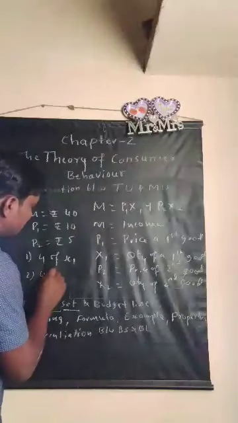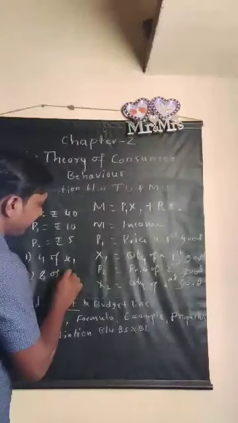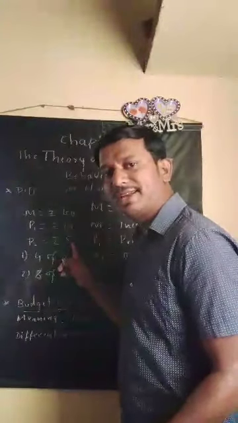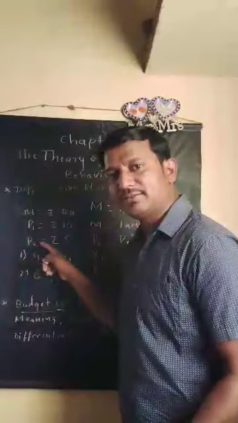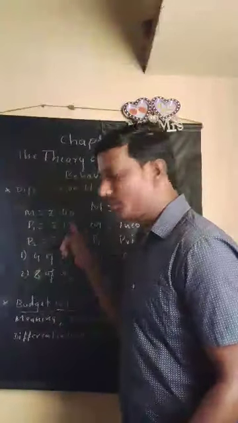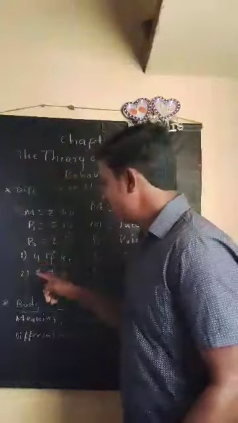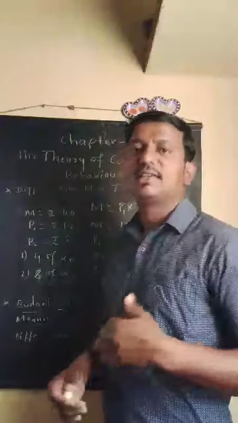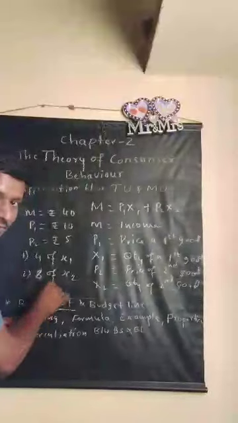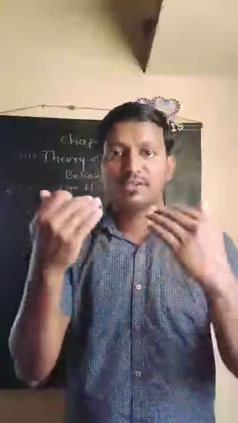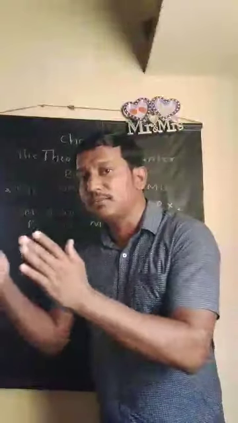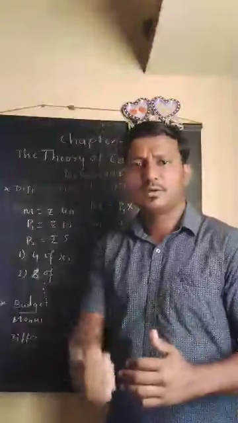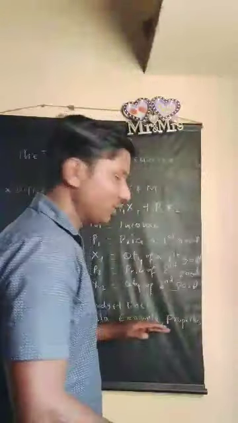And the second one, I may purchase 8 of X2. How can I purchase 8 of X2? This is 5 rupees per X2 that I have here. Then I can purchase 8 of X2, meaning 8 quantity of X2 multiplied with 5 rupees, so 8 into 5, again I get 40. In this way I can make different options, different combinations, within the availability of this income. I can set different bundles, different options, and this is called the budget set.